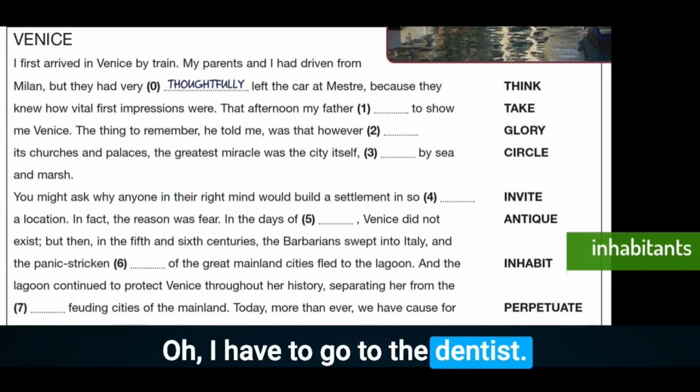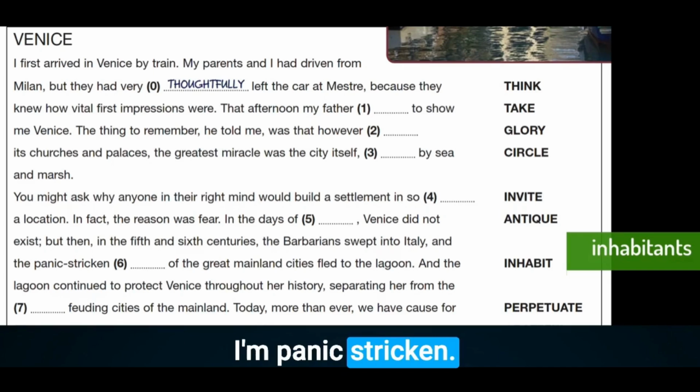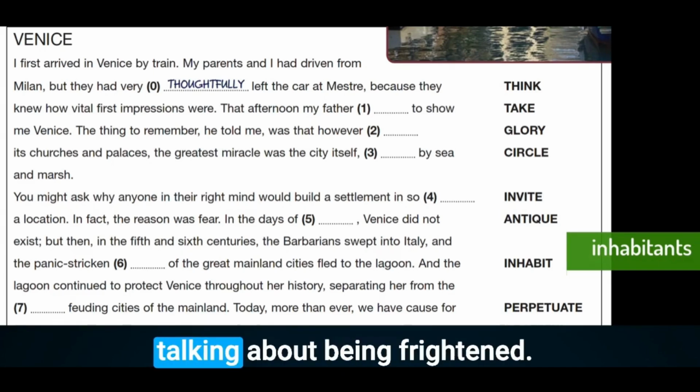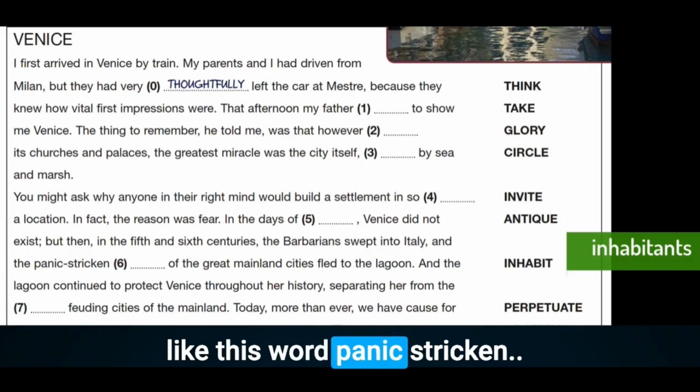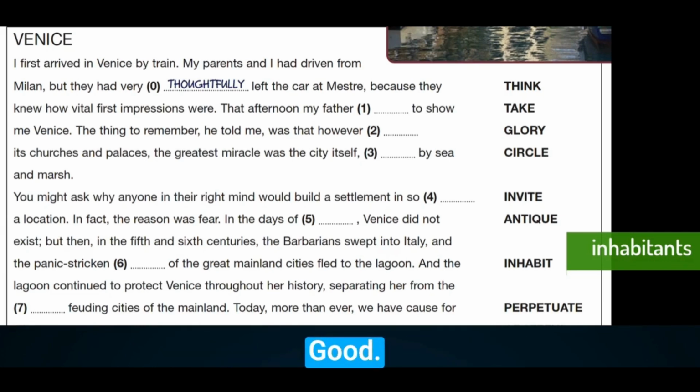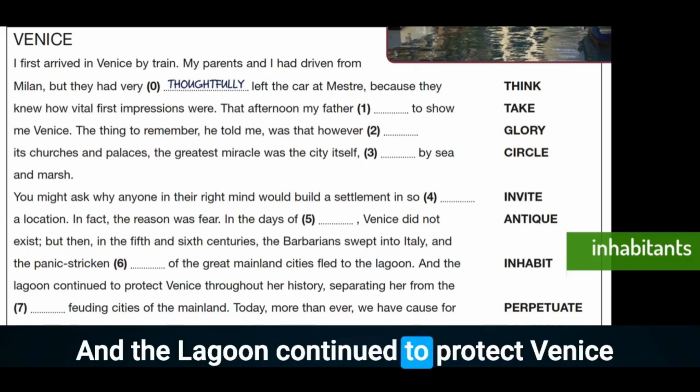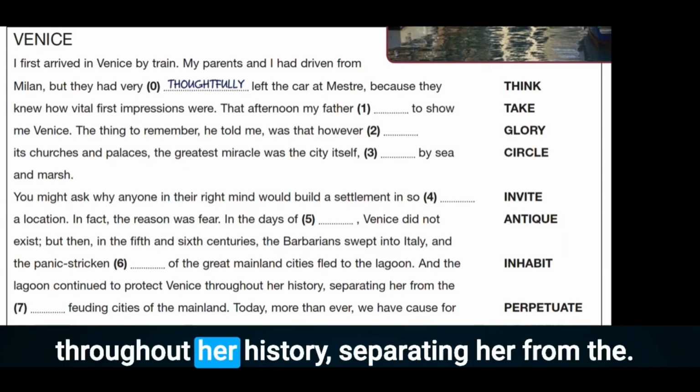Oh, I have to go to the dentist. I'm panic stricken. Yeah, I remember when we were talking about being frightened. You did the session like this, yeah. So I remember because I like this word, panic stricken. Right. Good. And the lagoon continued to protect Venice throughout her history, separating her from the